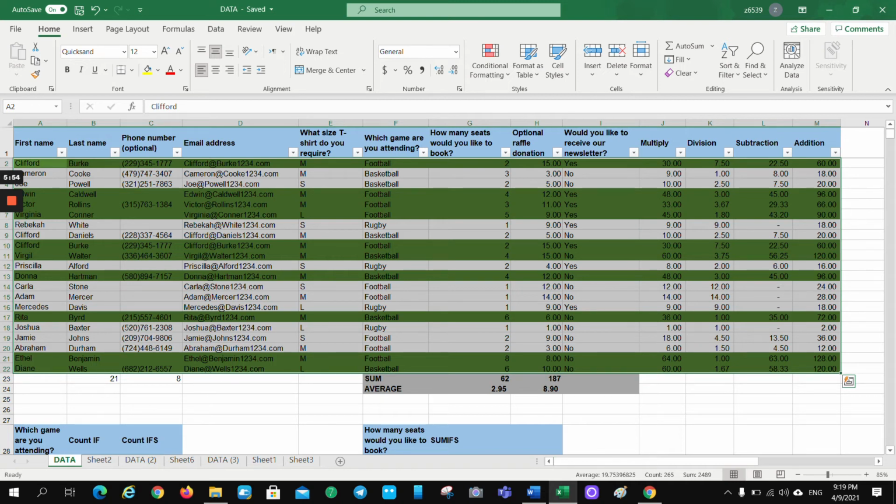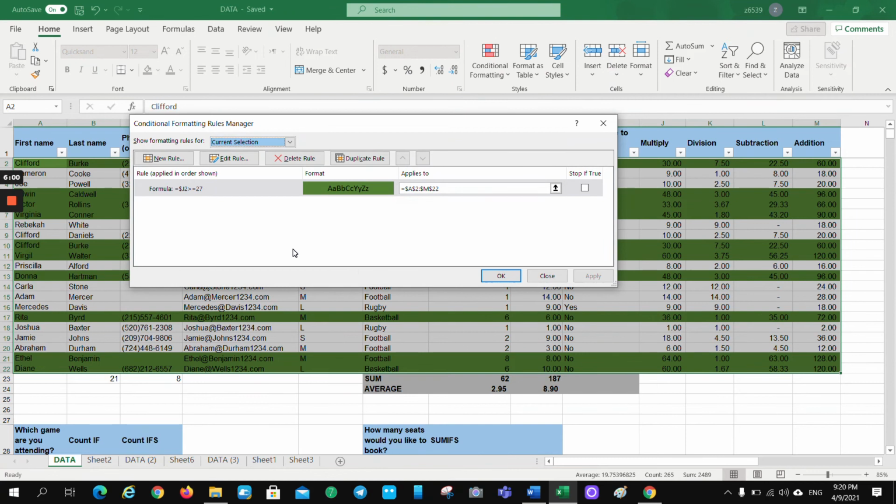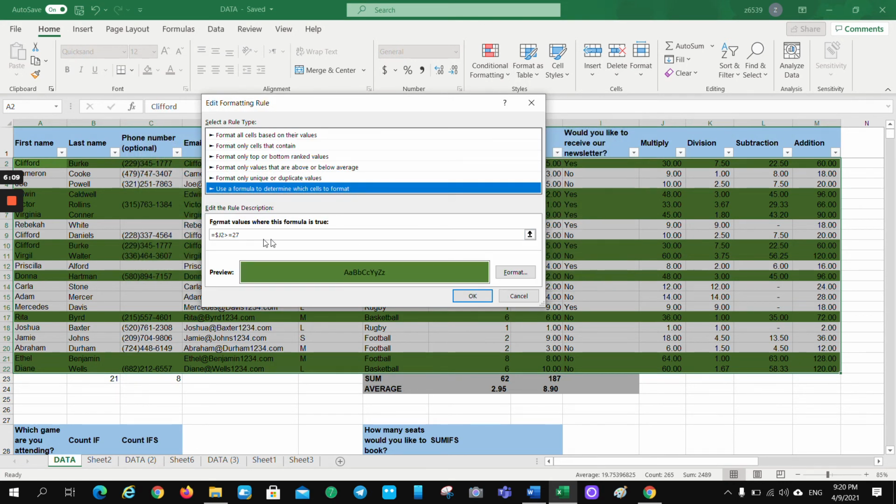You can apply multiple conditions now. For example, you already have a condition there. Manage rules. Duplicate the rule. Okay, we duplicated this one, and I'm going to edit the rule. Now what rule am I editing?